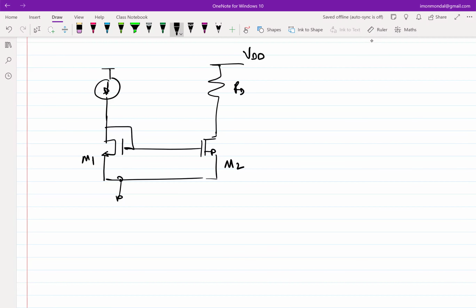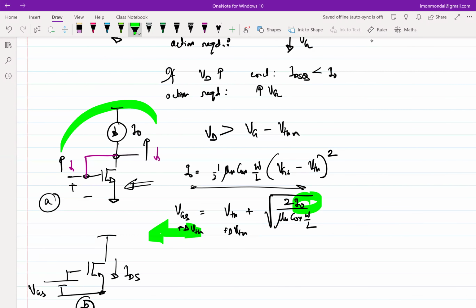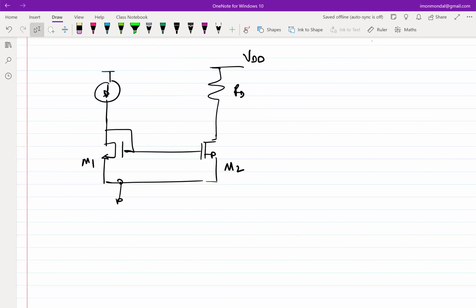So again, a quick recap. Using only this configuration, it was becoming difficult to add a voltage source and take an output, because gate and drain were physically connected. I don't want the gate and drain to be physically connected. The gate to source is where I'm planning to apply an input, and I'm planning to get the output at the drain. If I physically connect the gate to the drain, that's not going to serve the purpose. But in this case, at least for M2, I have now isolated the gate and the drain, which means that I have opened up an avenue of applying